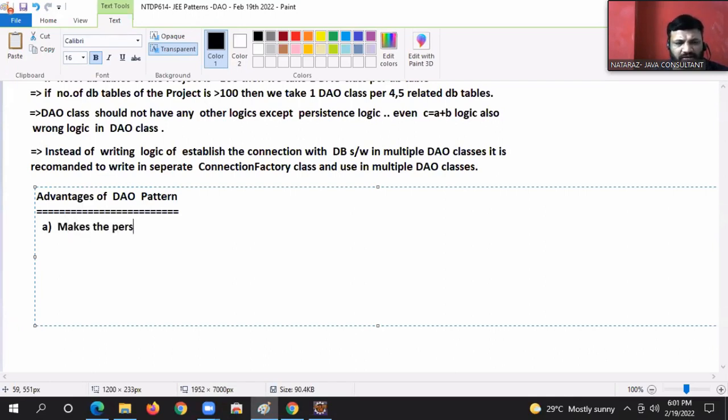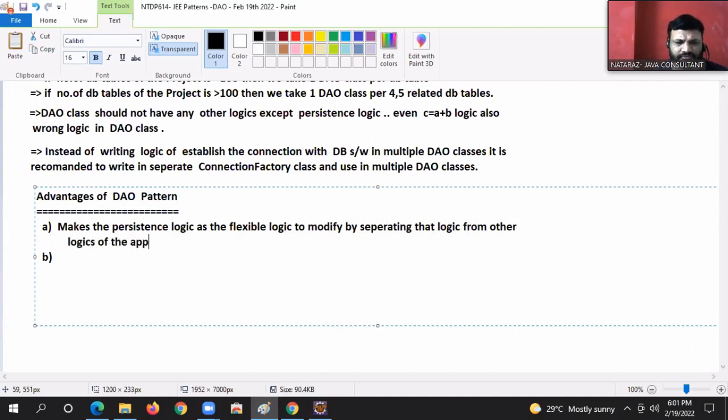Makes the persistence logic as the flexible logic to modify, by separating that logic from other logics of the application. Next,